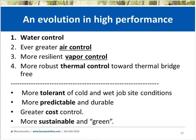But to dig into this, the first 4 items listed here are in the order of importance in terms of delivering building enclosure performance. First, water control, which everyone gets. Keeping the bulk water out. And the second, though, is air control, which people don't really get oftentimes. The third is vapor control. The fourth is thermal control. Folks often think of thermal control